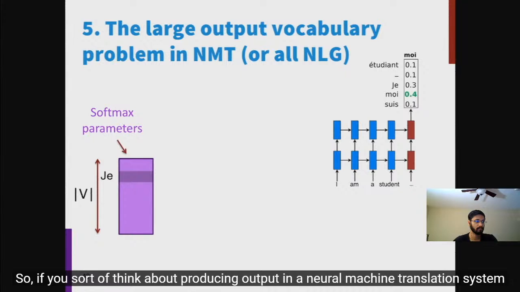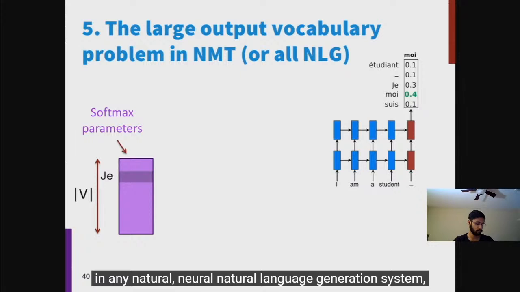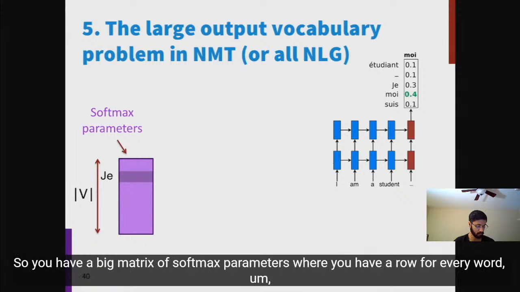So if you think about producing output in a neural machine translation system, and really this is the same as producing output in any neural natural language generation system, so it's really the same for a neural language model, if you have a very large output vocabulary, it's just an expensive operation. So you have a big matrix of softmax parameters where you have a row for every word,